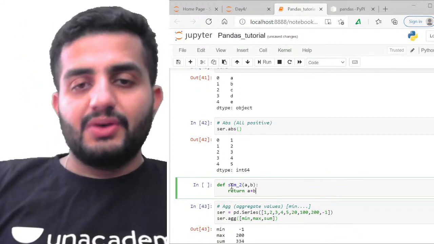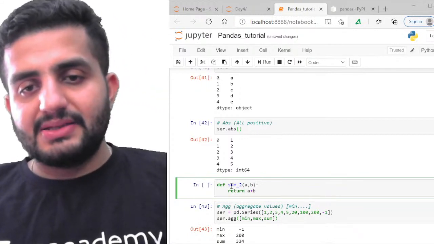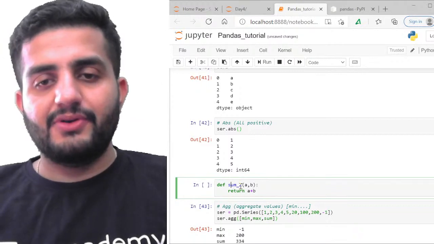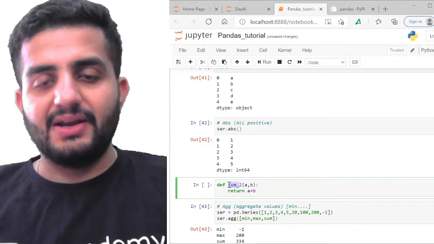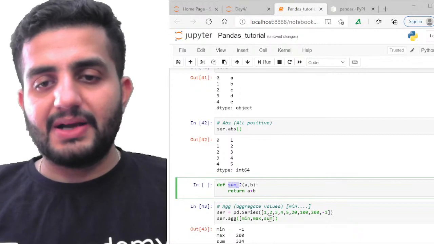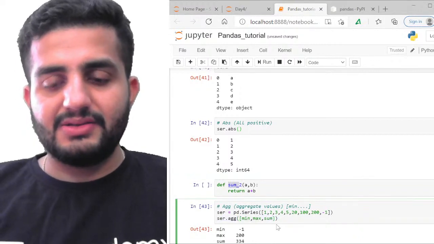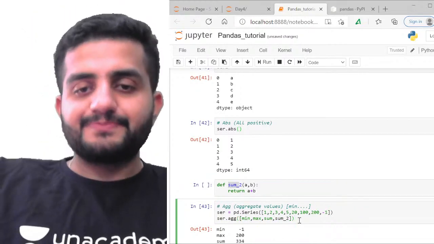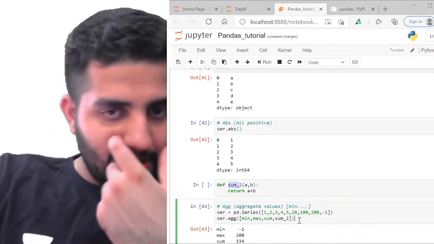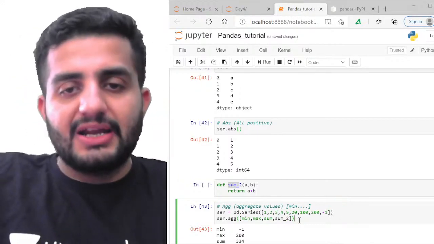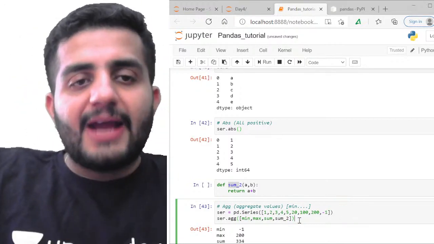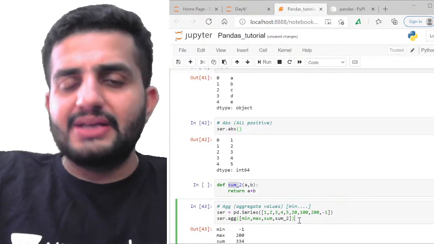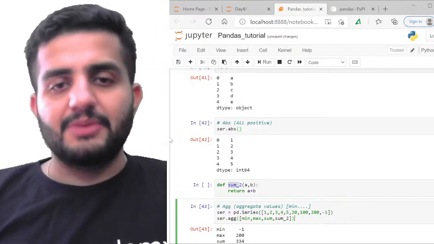Okay, so now you can pass this sum of 2, which is a function basically, right? So this function you can pass in as your input parameter. So this aggregate is a very strong functionality, guys. You can add whatever aggregation you want to perform on your data. It's a user defined aggregation also. It's totally possible.